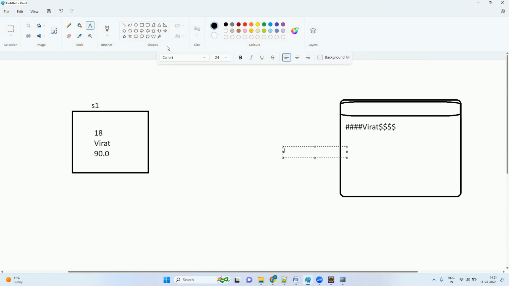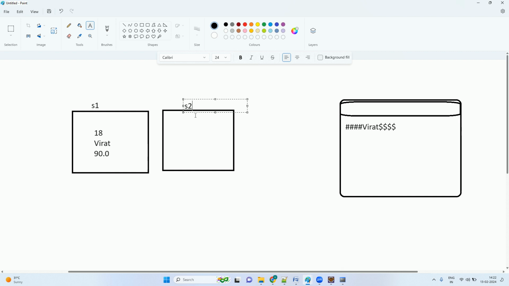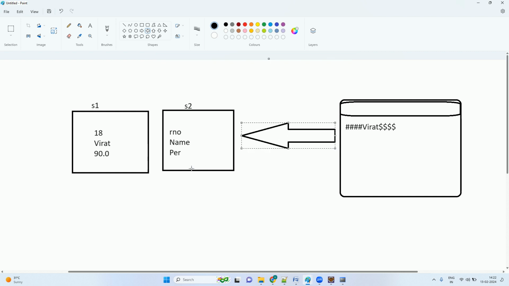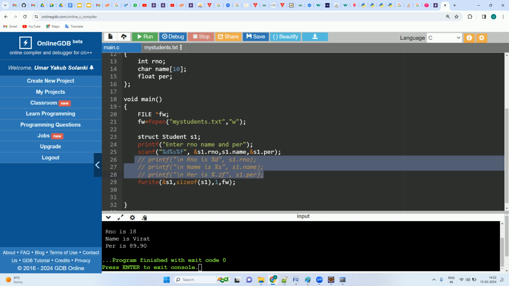अब मुझे इसको अगर रीड करना है, तो मैं एक प्लेन ऑब्जेक्ट लेता हूँ, दूसरा वाला S2। S2 भी किस टाइप का होगा? तो उसमें भी क्या क्या होंगे? रोल नंबर होगा, नेम और परसेंटेज। और मैं अभी ये इंफॉर्मेशन इससे रीड करता हूँ। इसको किससे रीड करता हूँ मैं? और फिर S2 से डिस्प्ले करता हूँ तो मुझे दिखा देगा। S1 से डिस्प्ले तो कर रहा हूँ, वो तो आपने एक्सेप्ट किए हैं तो वो तो डिस्प्ले करेगा ही, इसकी जरूरत भी नहीं थी आपको वैसे भी। ठीक है, इसको आप कमेंट भी कर सकते हैं।